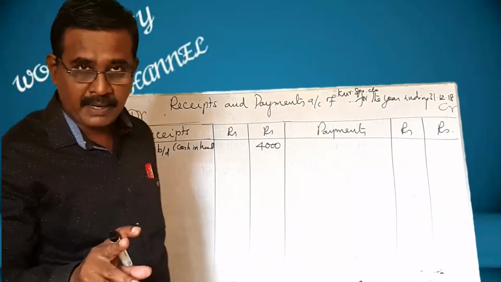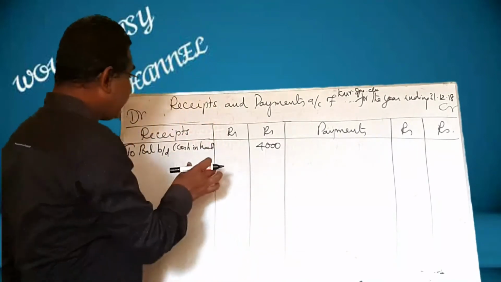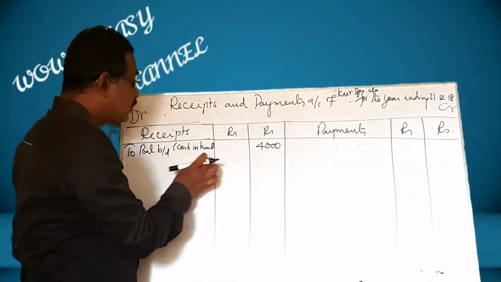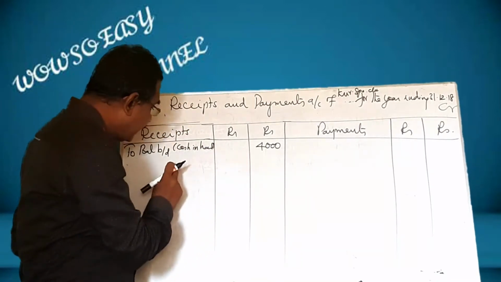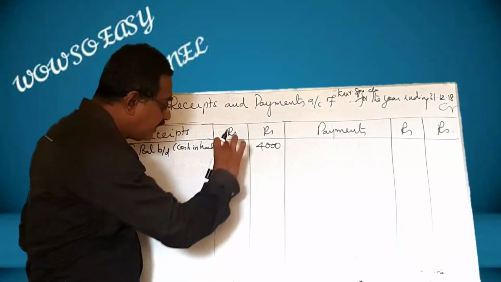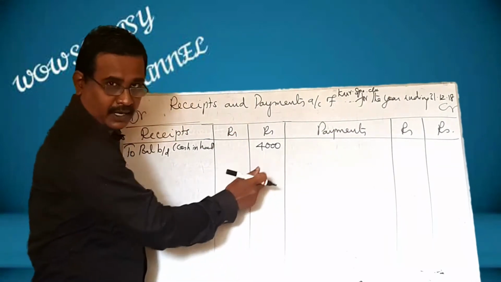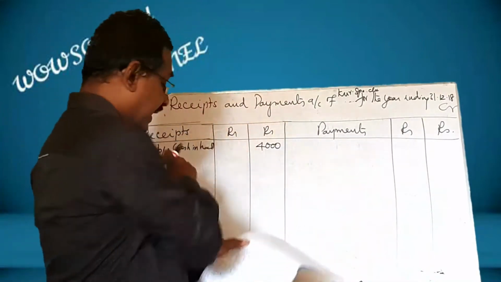If there is any bank balance, that should also be recorded here. Suppose there is a bank balance, then the cash in hand should be recorded in the inner column, and below that write the cash at bank, add these two and show the total in the outer column. In this problem, they have given only cash in hand. Next one,